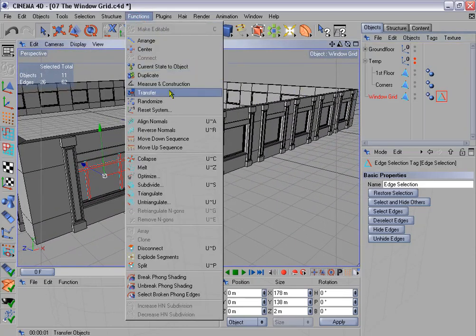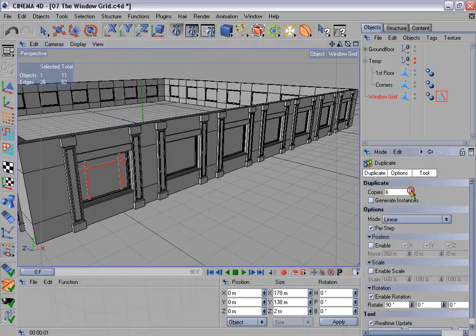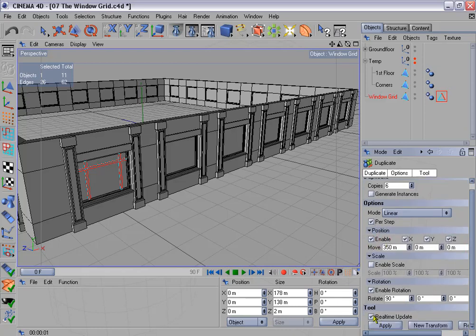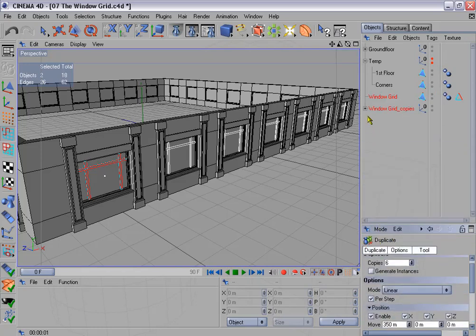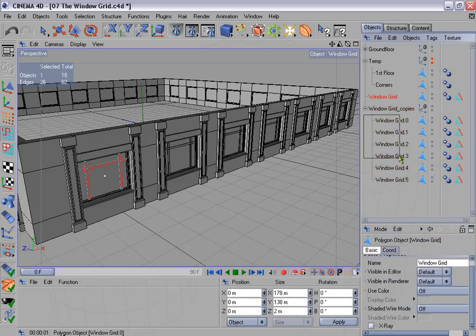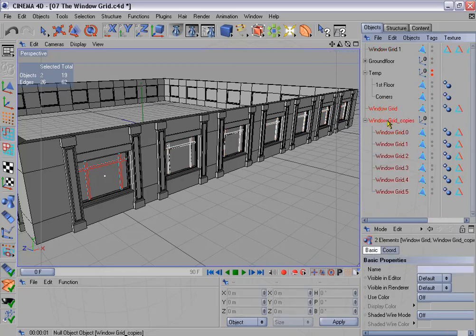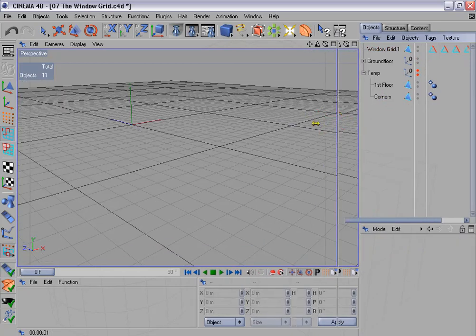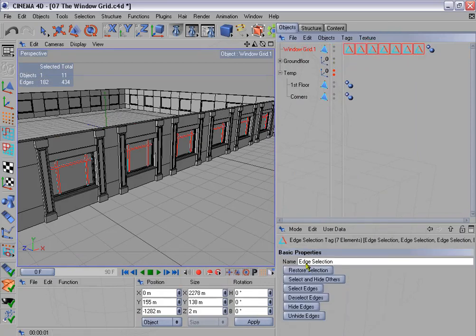Go to Functions, Duplicate, and we need 6 copies. Enable movement and deactivate rotation. Apply these settings, and then select the new objects, right click, connect them, delete these two, and like before I'm going to create a single selection tag